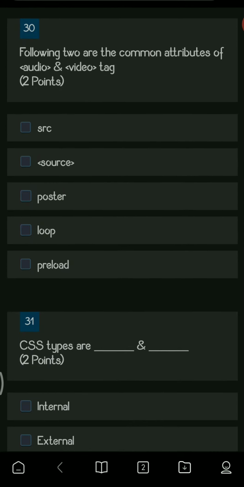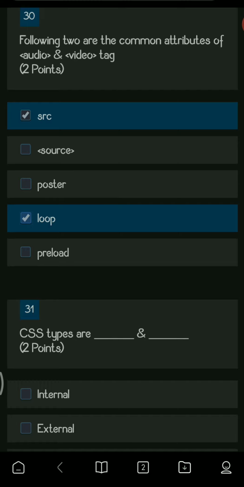Next question. Following two are the common attributes of audio and video tag. So, which are commonly seen in both the tags are SRC, this is the attribute which is used in both, and next is loop, which is used in both the tags. Next, the types of CSS are dash and dash.